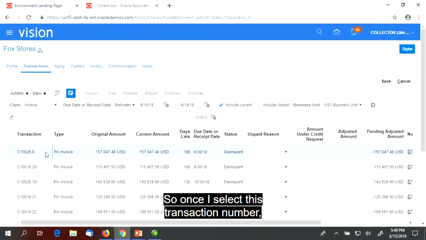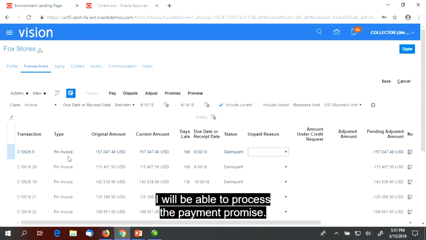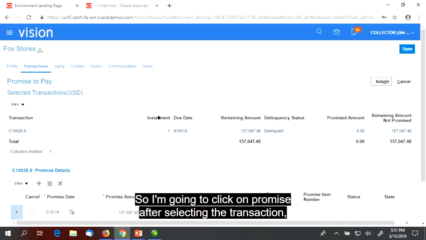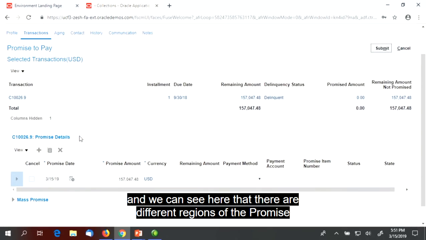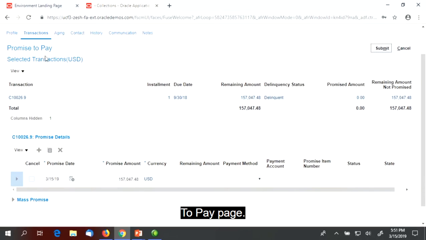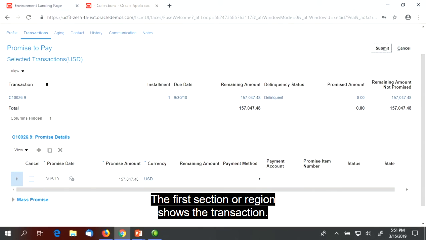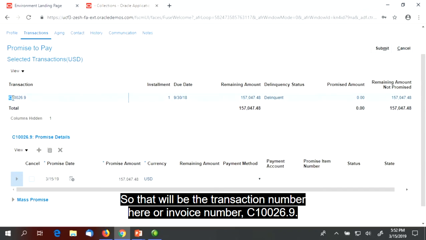So once I select this transaction number, I will be able to process the payment promise. So I'm going to click on Promise after selecting the transaction, and we can see here that there are different regions of the promise to pay page. The first section or region shows the transaction. Then of course we have the promise details. So that will be the transaction number here, or invoice number